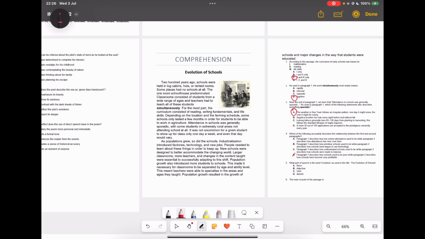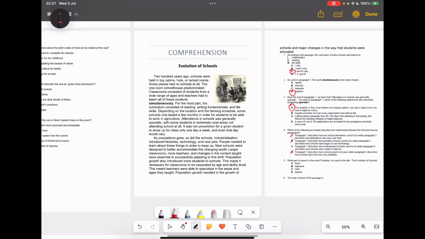It's not going to be A because it's not just talking about attendance. And this is looking at the relationship between the two paragraphs. And then B looks at the use of technology and how primitive it was. So it will be C because it's talking about how undeveloped it was in the past, and then it's contrasting it to how now, there are many ways that schools have improved with more specialized teaching and things like that. So,